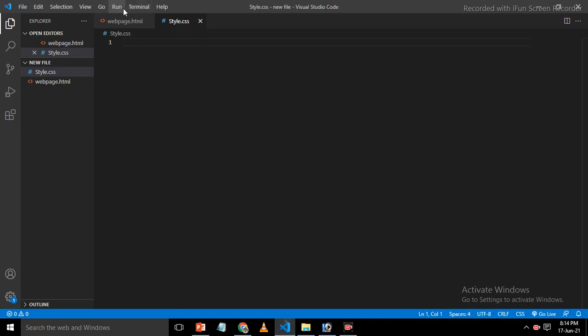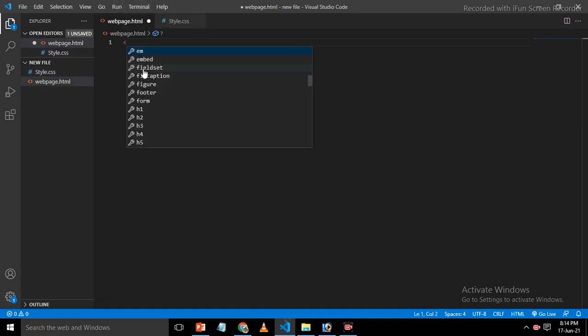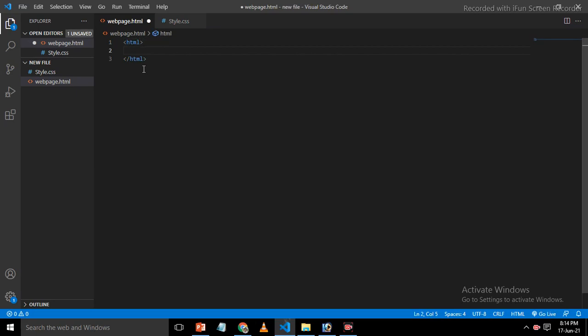First of all we start with HTML, and this is the basic HTML code. Now here we put the title. In the head we put the title, through which the web page name is shown over the web page.